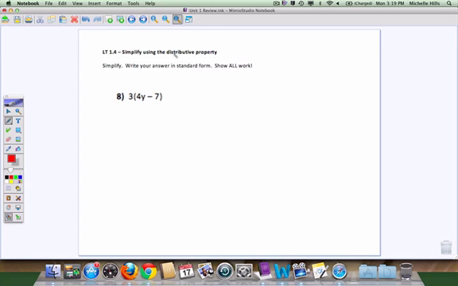I need to distribute, but then also make sure I write my answer in standard form. Well, this has to take 3 times everything in the parentheses. 3 times 4y is 12y. Positive 3 times a negative, because of the minus in front of it, 7, is a negative 21, so I write minus 21. I can't combine these like terms because this is a y term and this is a constant. They're already written in the correct order because the variable term is before the constant, so I'm done. Don't forget to show this work on your